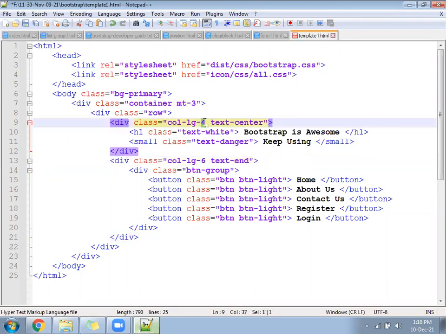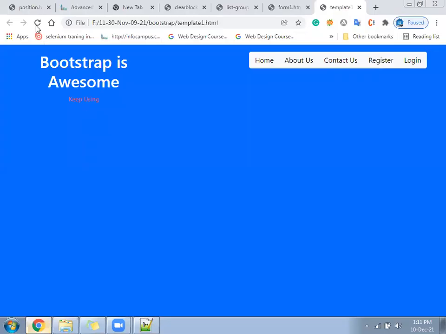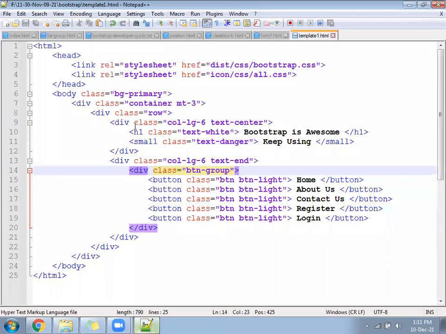So that maybe it will come in the same line. 6 and 6 maybe working for me. You let it be which number? 4 and 8. Yours 4, 8 is okay, but here something similar.